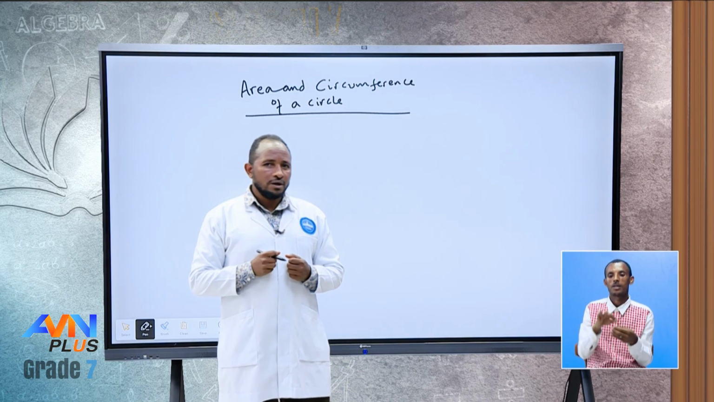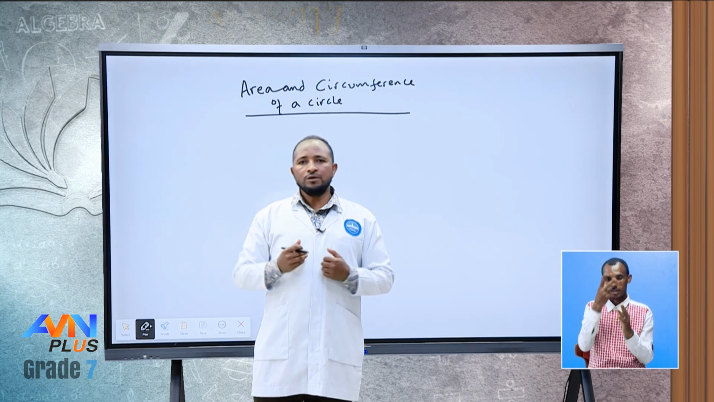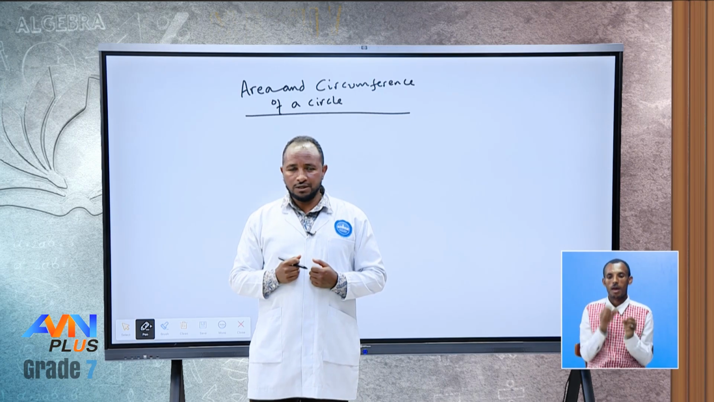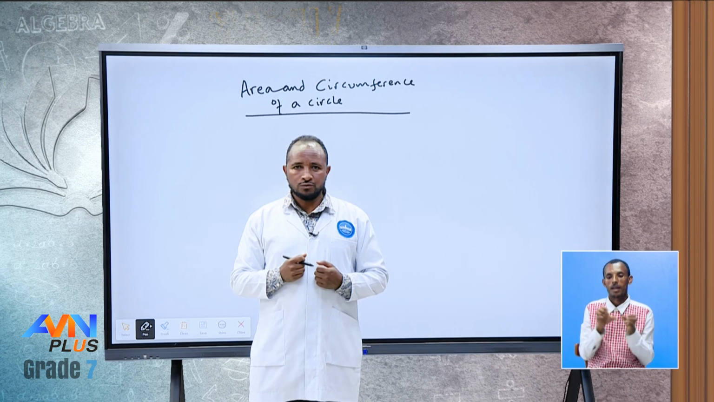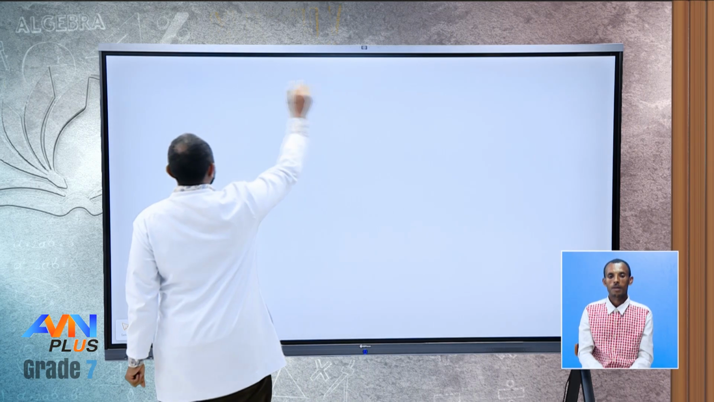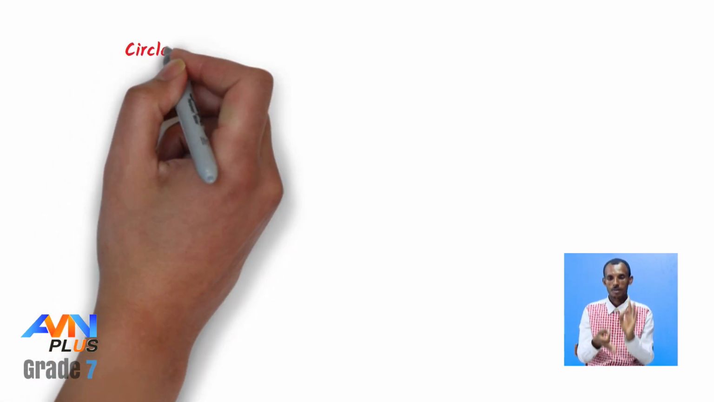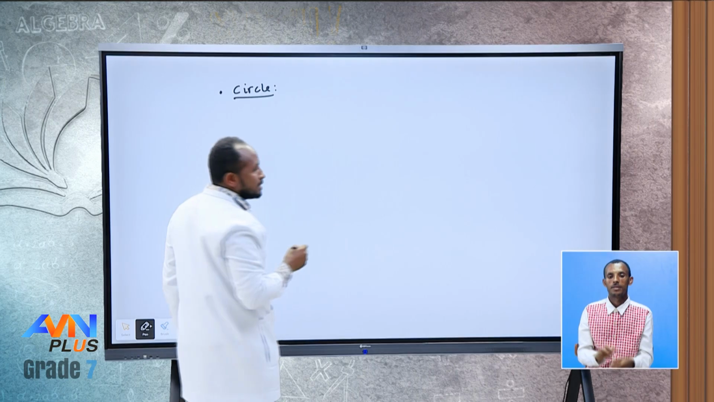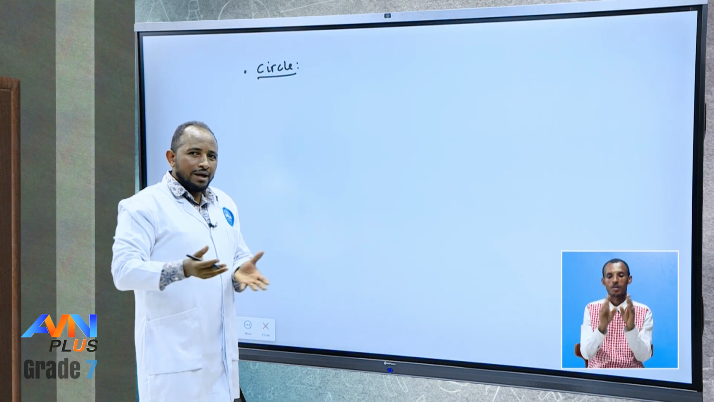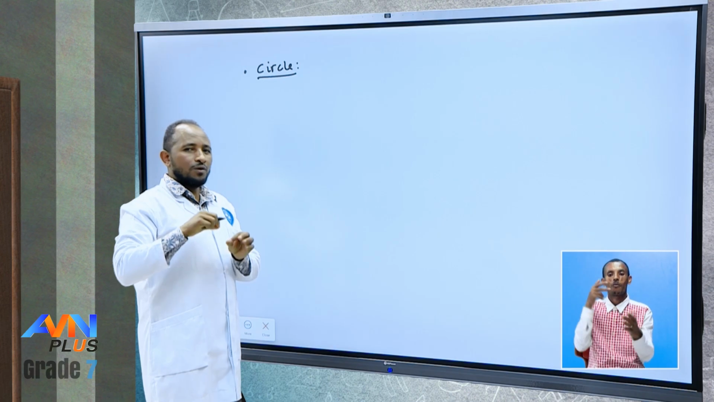Before directly proceeding to the lesson, let's see some terminologies that we will use to calculate area and perimeter of a circle. So let's proceed to that. First, let's see the definition of a circle. A circle is a set of points in a plane that are at equal distance from a fixed point called the center